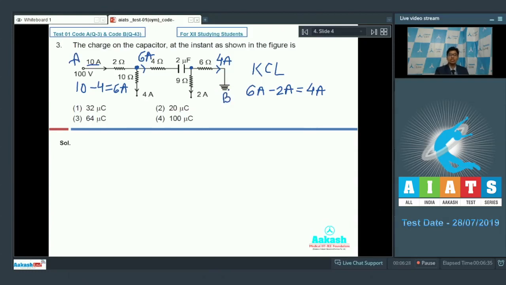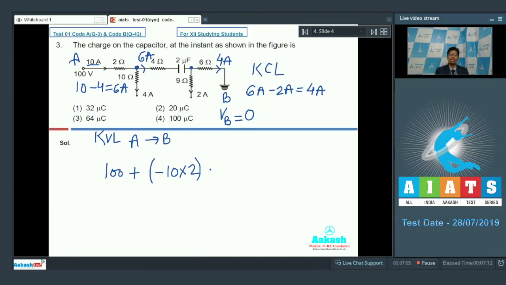As per the question, since point B is grounded, therefore the potential of point B should be equal to 0. Now applying an equation of Kirchhoff's voltage law from point A to point B, we can write that the potential at A, which is equal to 100, plus the potential drop across the 2 ohm resistance, which will be equal to minus of current, that is 10 multiplied by 2. Dear students, we are using a minus sign because we are moving in the direction of the